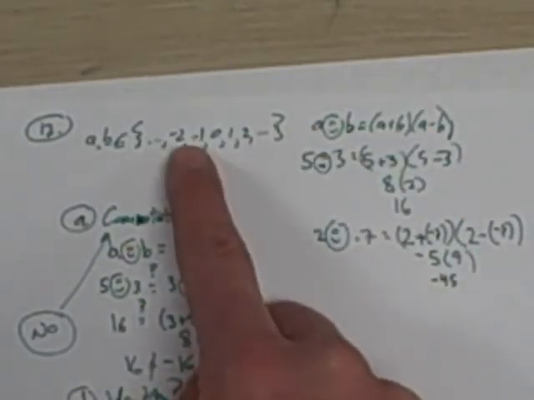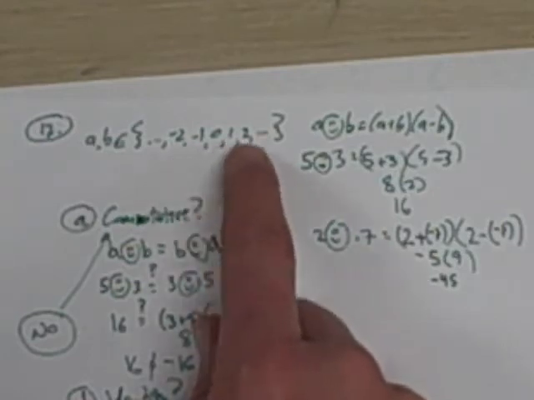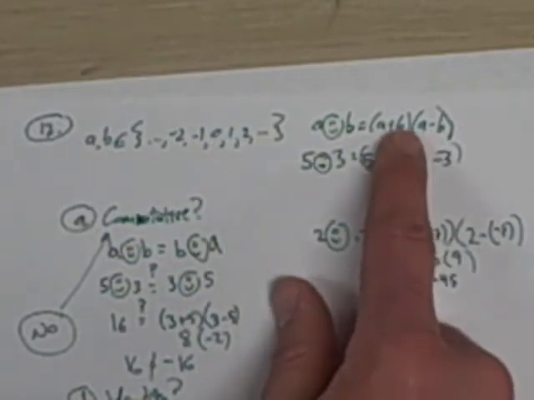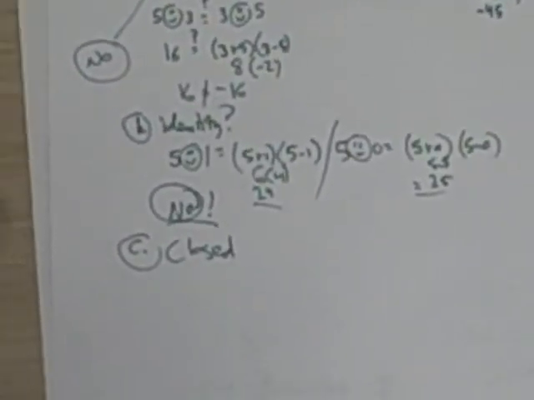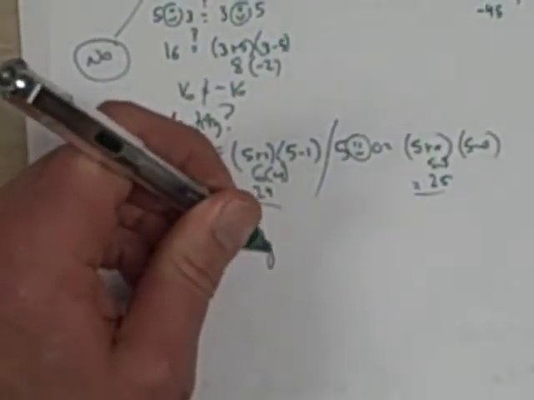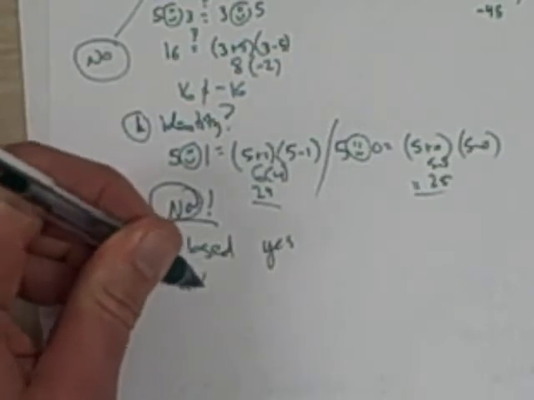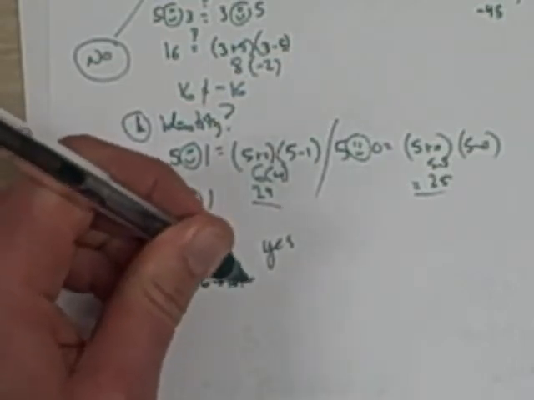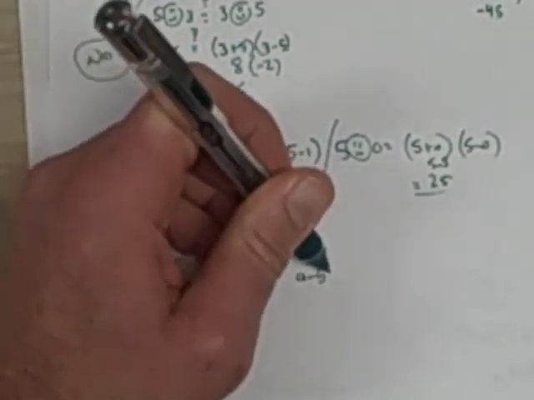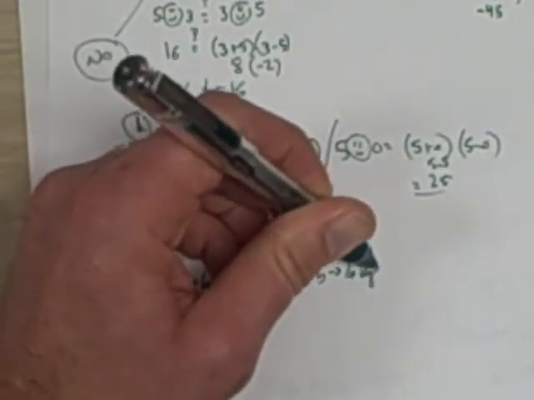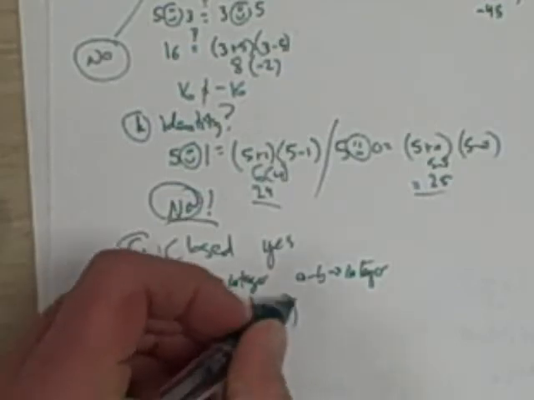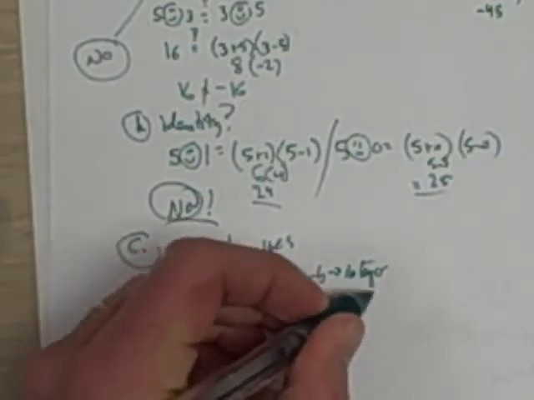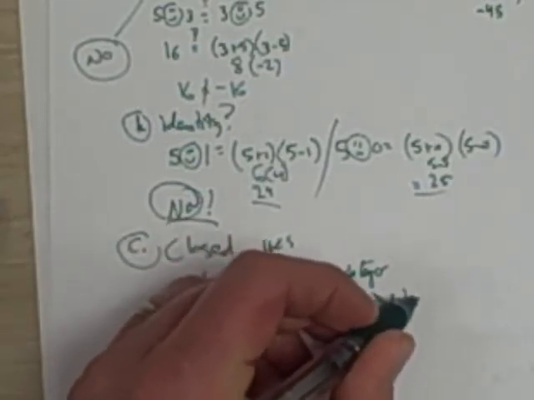So if I add an integer or subtract an integer from an integer, I'll get an integer back. And then I'm multiplying. Also, an integer times an integer is an integer. So I'm going to say yes, because a plus b is an integer, a minus b is an integer, and an integer times an integer